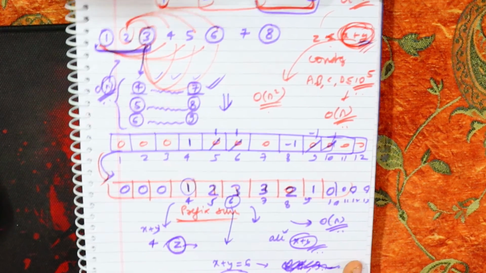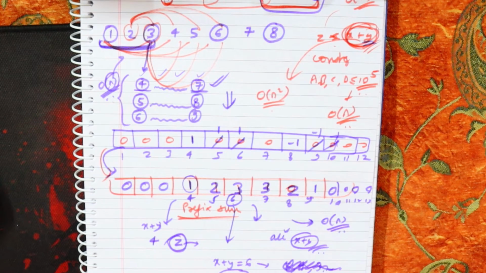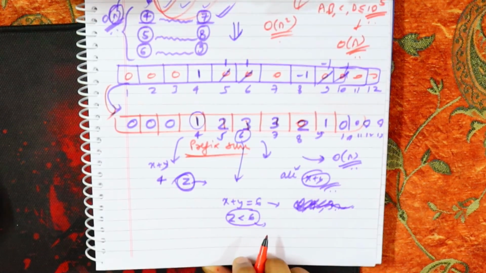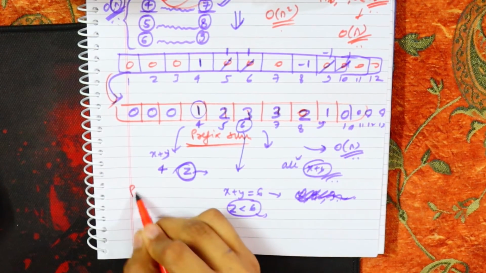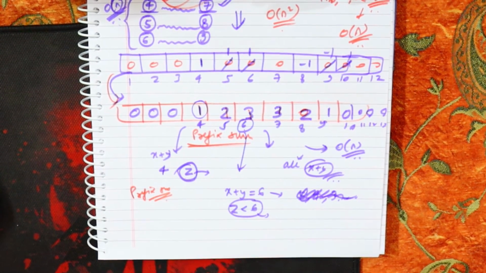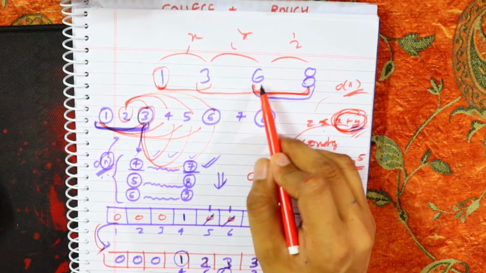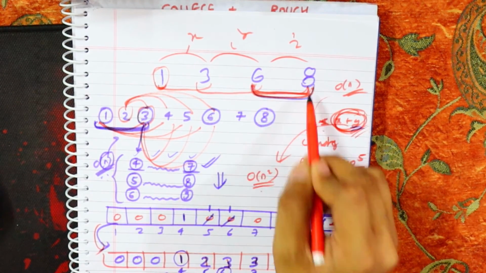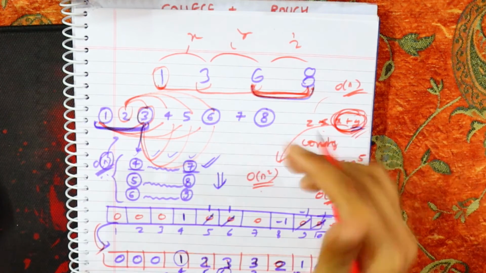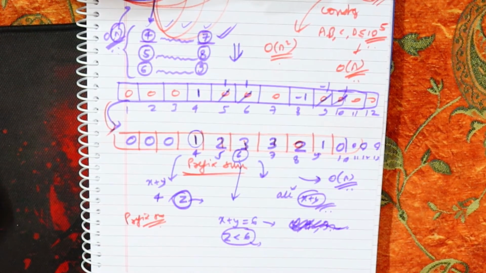So for that I will again do a prefix sum. I hope that you guys can see. I will again do a prefix sum. Now you will say, Arun, why? See, understand, I need to have it in O of 1, because for the whole range of z I will iterate, so O of n will be used there only. So in O of 1 I need to find out how many such elements there are, for a particular z.